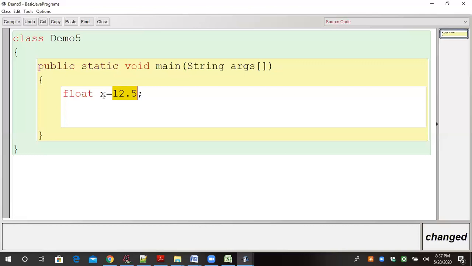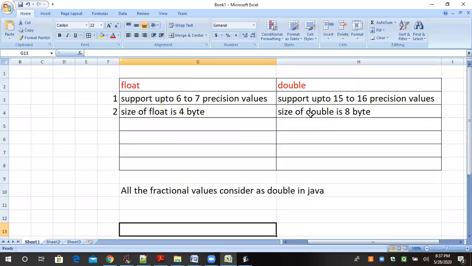What is the reason behind? Because double value is greater than the float value. You know the capacity. Double is 8 byte and float is 4 byte. तो हम एक बड़ी चीज को छोटे कंटेनर में नहीं रख सकते. What I am trying to say, just a moment, it's a very important discussion, my dear student. We have to understand. Okay?